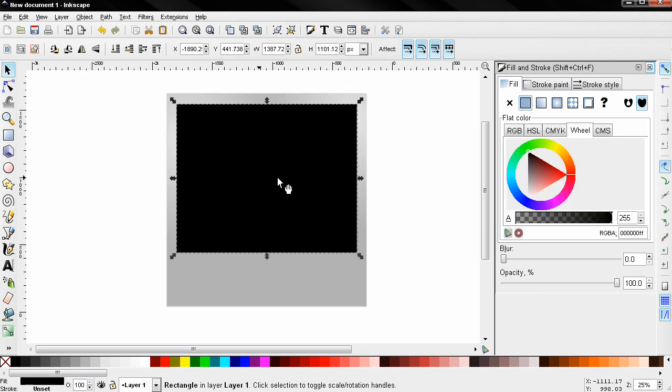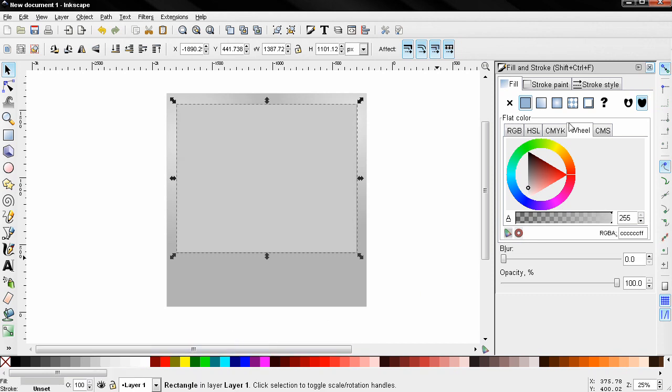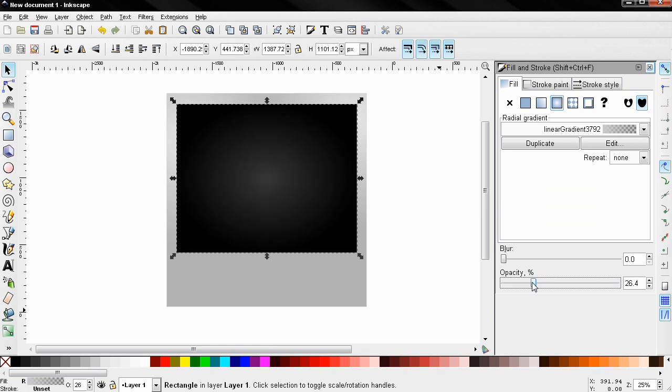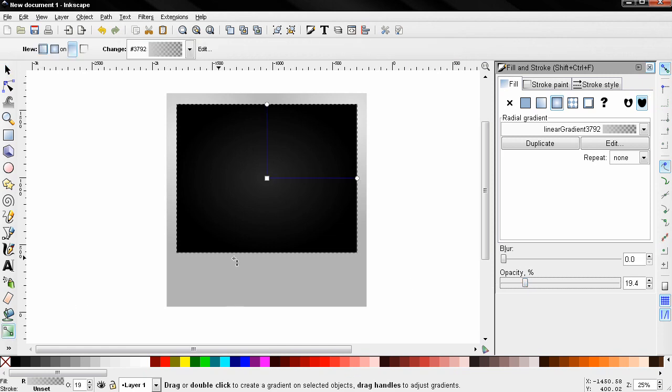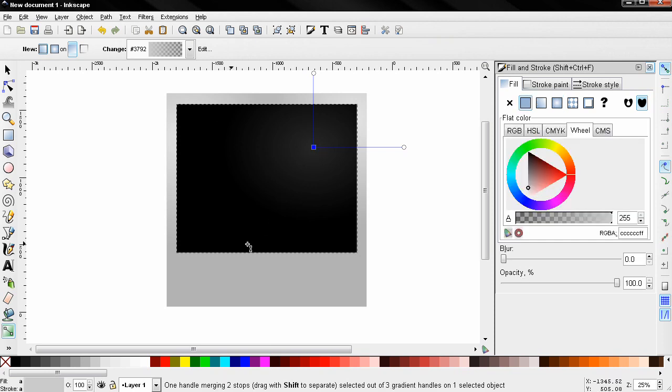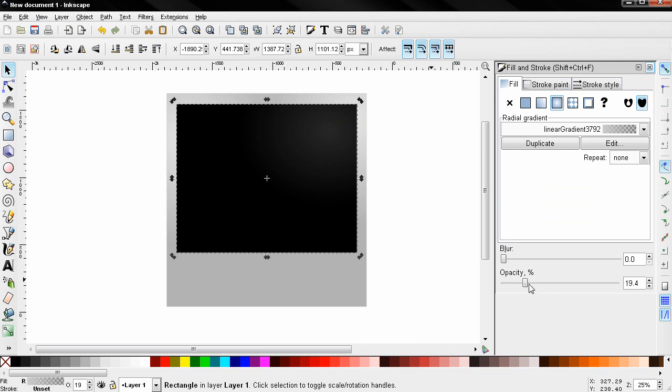Next I'm going to select this part, Control D to duplicate it, and select this, let's say 20% gray radial gradient, and this time I will reduce the opacity here. And again with this edit gradients tool, I'm going to position this to create this effect, kind of a reflection of the light. Adjusting the opacity,